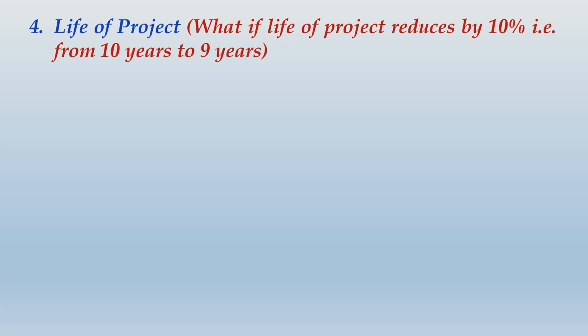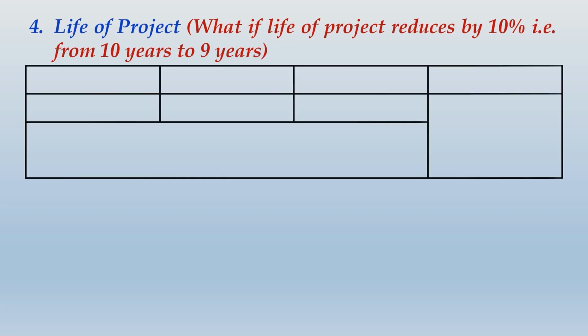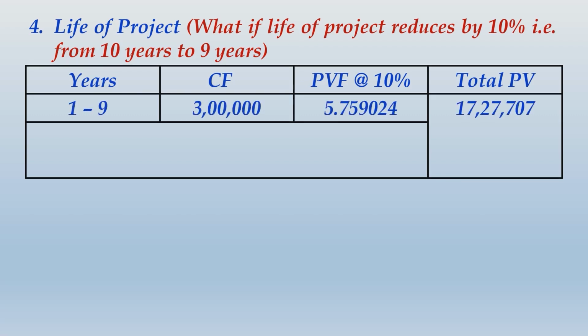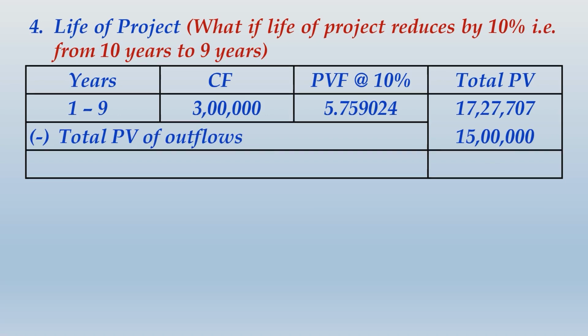If it is reducing by 10%, it means the life of the project would now be revised to 9 years. What we will do is recompute NPV, but now using 9 years of life, other things remaining the same. Let us see what is the impact on NPV. This time the net present value comes to